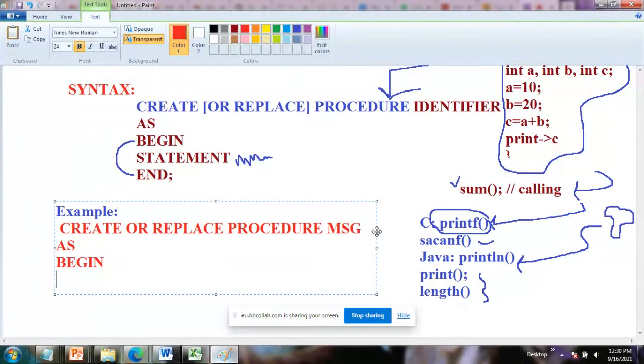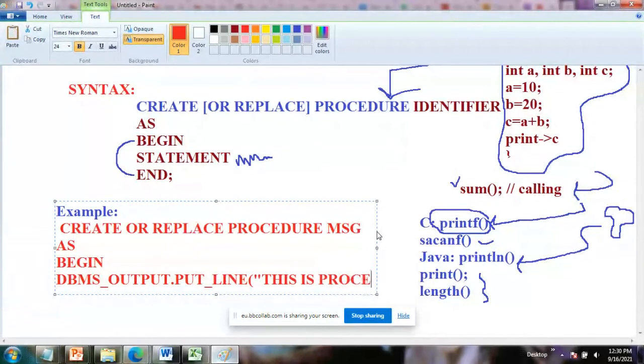What do you want to do with this procedure? Simple. I just want to write a message here. How can you print the message? dbms underscore output dot put line. This is procedure.